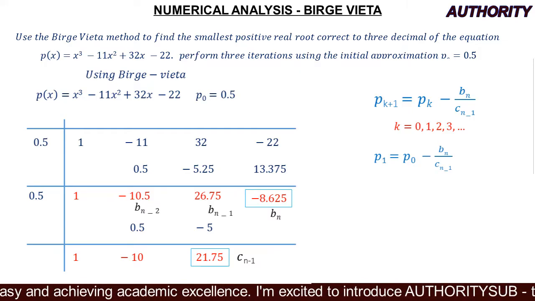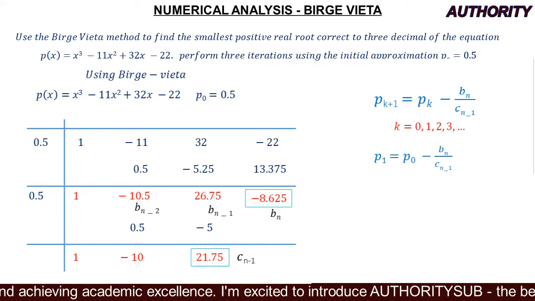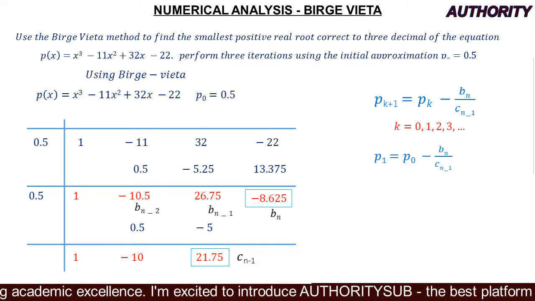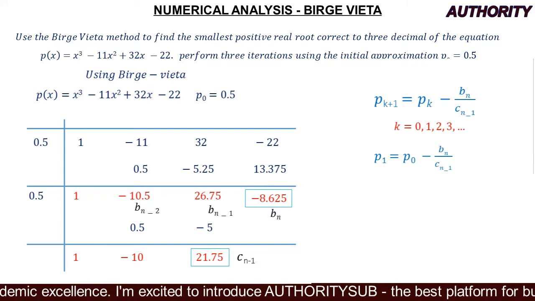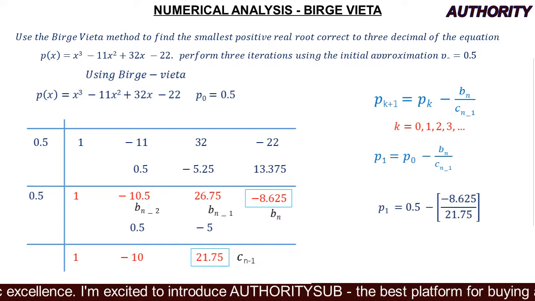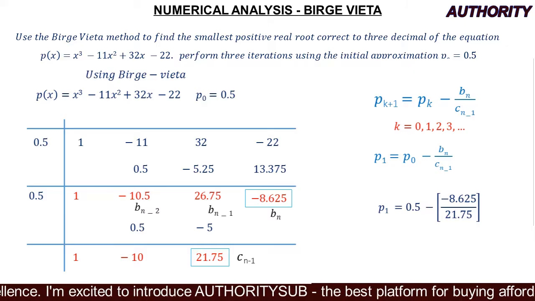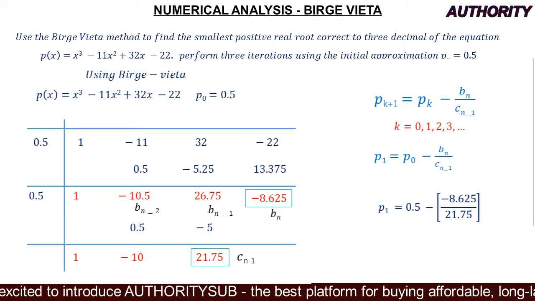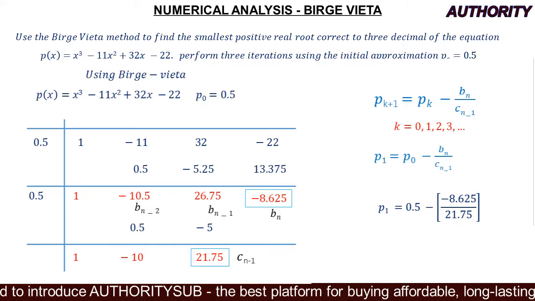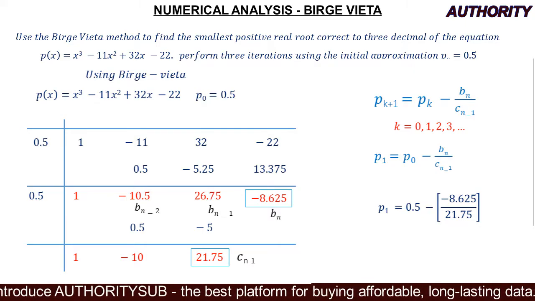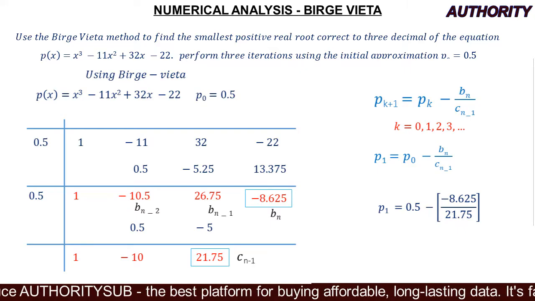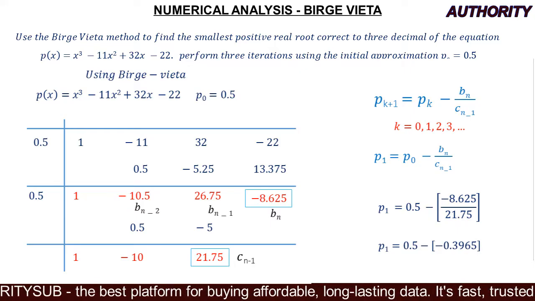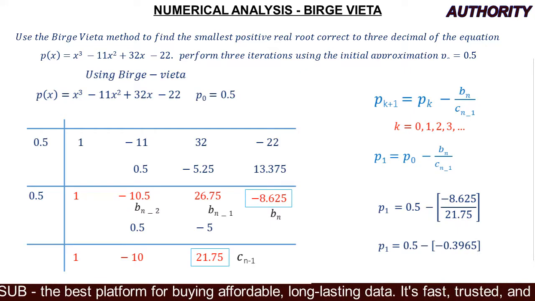From our table, I showed you what our Bn and Cn are, so we bring them up here. P1 is equal to P0, which is 0.5, minus, open bracket, Bn, which is minus 8.625, all over Cn minus 1, which is 21.75. When you perform the operation inside this bracket, P1 is equal to 0.5 minus, open bracket, minus